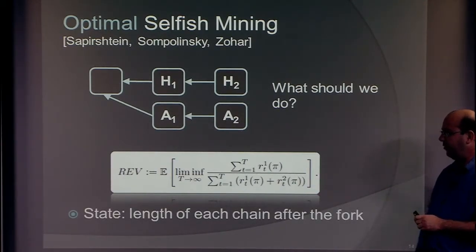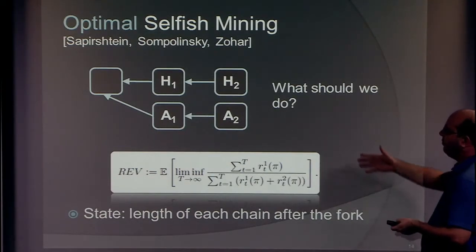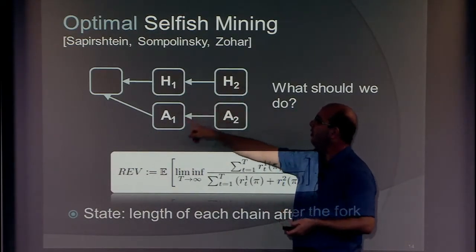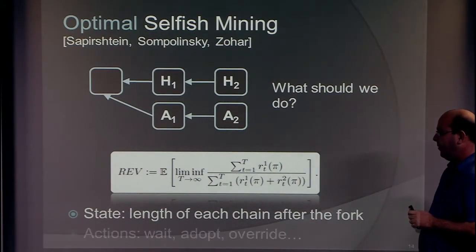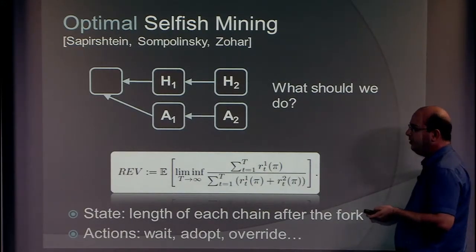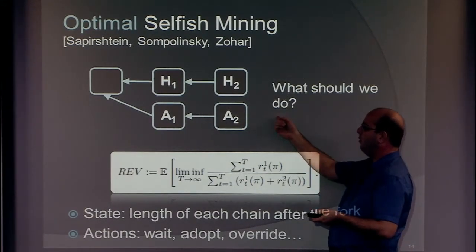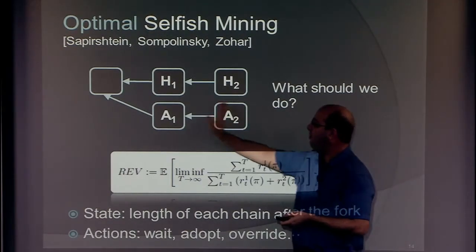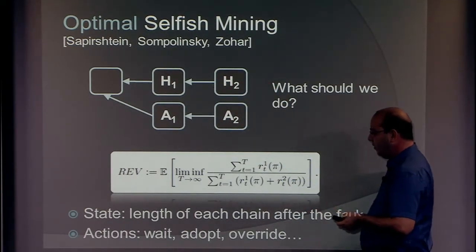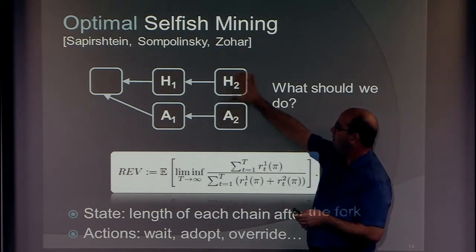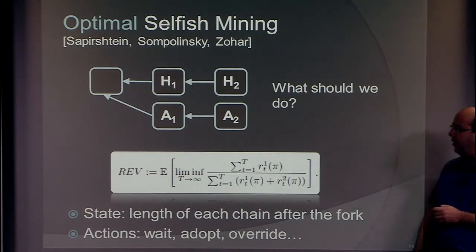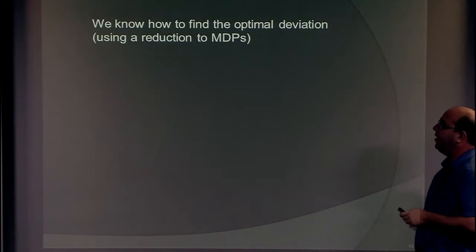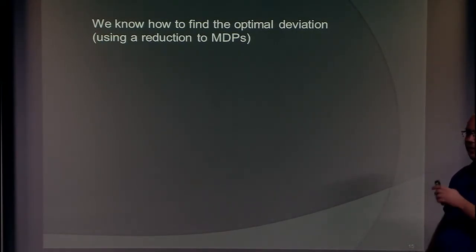But everything else looks a little bit like an MDP, in the sense that we have a state. We know how many blocks are here and how many blocks are here. That's just a 2-dimensional state. And we have actions that we can take at any point in time. Basically, we can keep building a block on our secret branch. We can throw this out and start working on the main chain. Or we can maybe try and release blocks and overrun whatever the network has done. So it turns out, and this is very nice, that even though it's not exactly an MDP, we can reduce this to a problem where we solve MDPs in sequence.